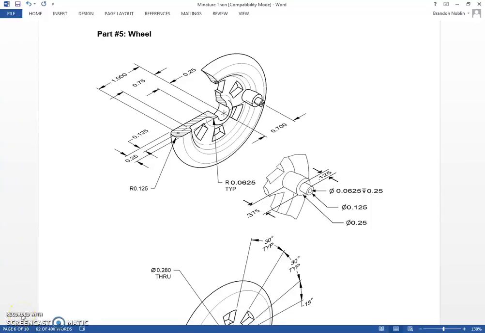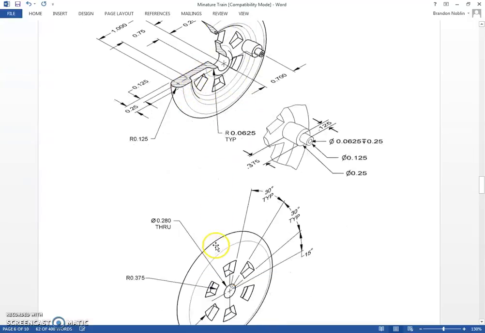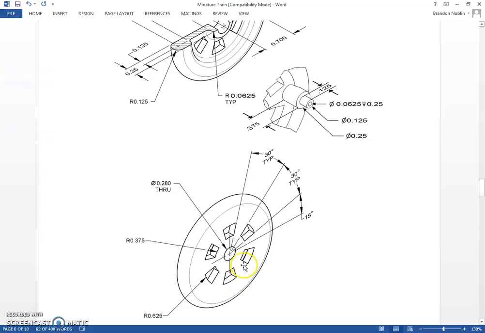This is the fifth video in the miniature train tutorials. It's going to cover the wheel. I'm going to split the wheel up into two separate videos. So this first video is simply going to show how to sketch this profile here and revolve it. The second video will show how to come back in, cut out this pattern, and add this little portion to